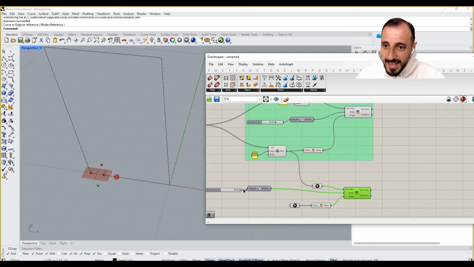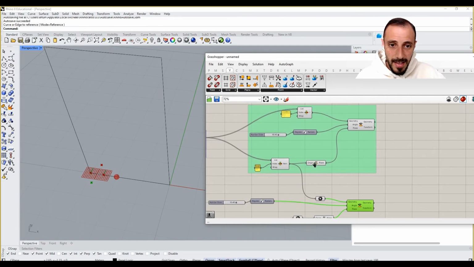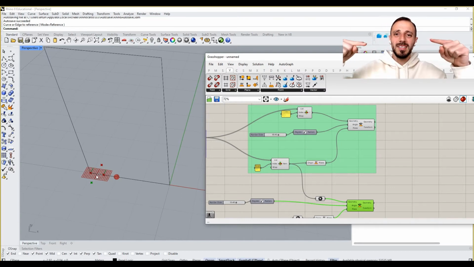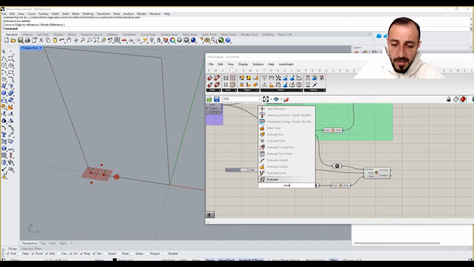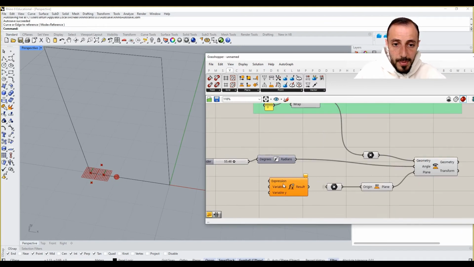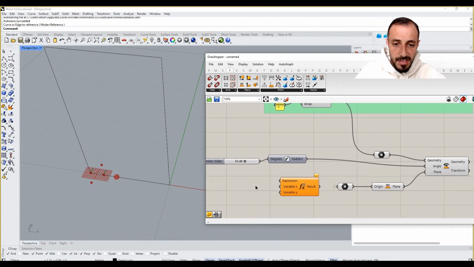But what I really need is the angle that is left from 180, because when we have 180, it's a straight line, right? How can I do that? If I create an evaluate, meaning we can create an expression here, and if I type my expression like 180 minus x multiplied by 2,